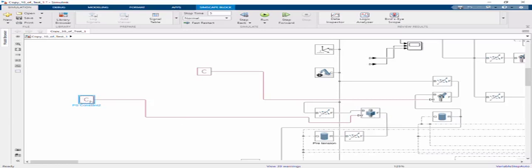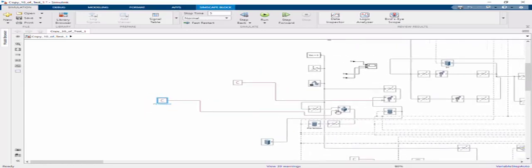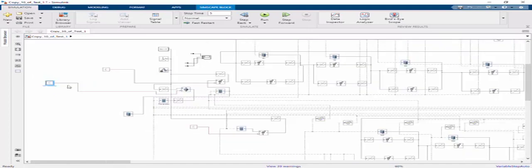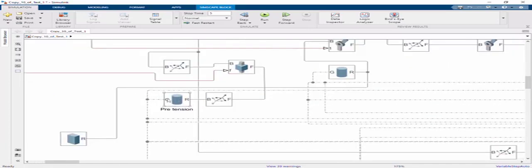And this 100 Newton force will be exerted on my pretension weight, which is connected to this prismatic joint. This force from this constant block will be exerted to this pretension part, and will move it downward